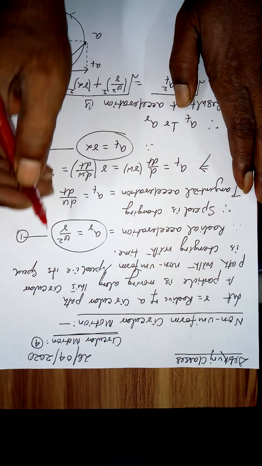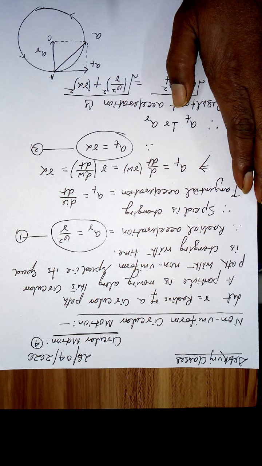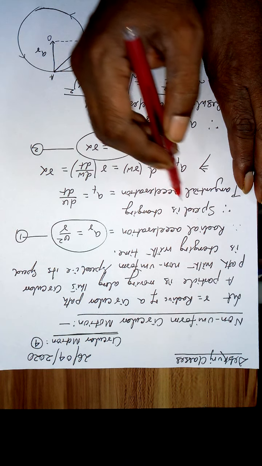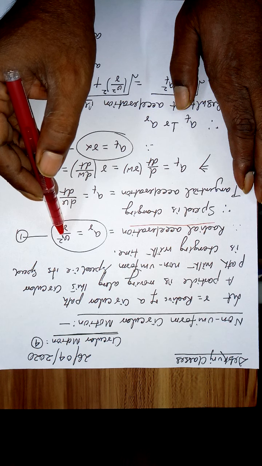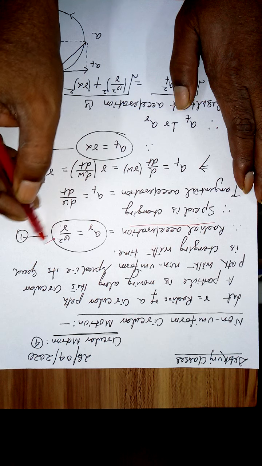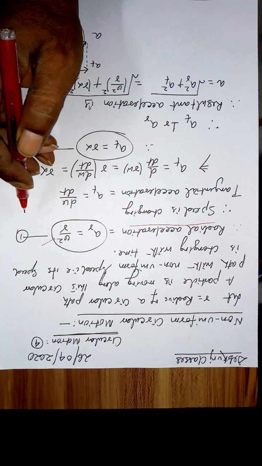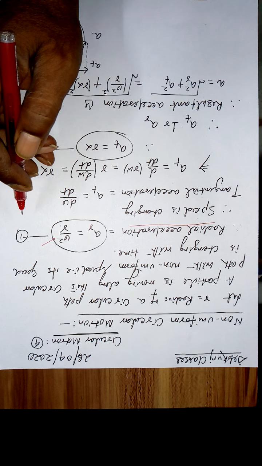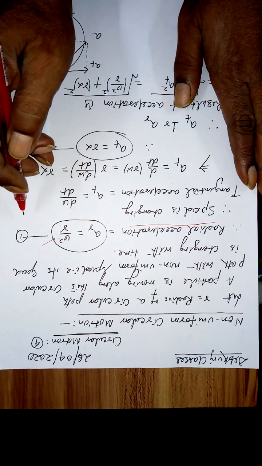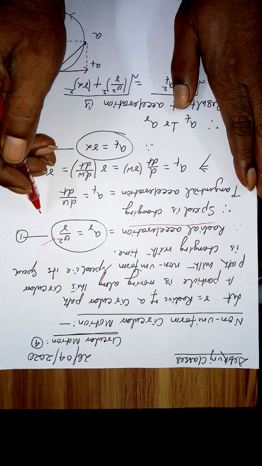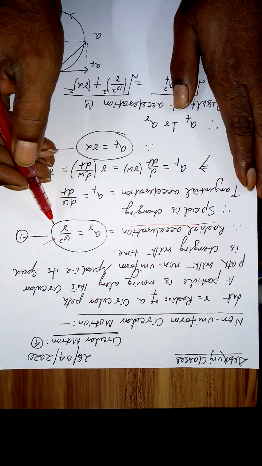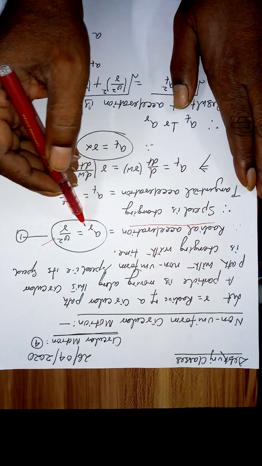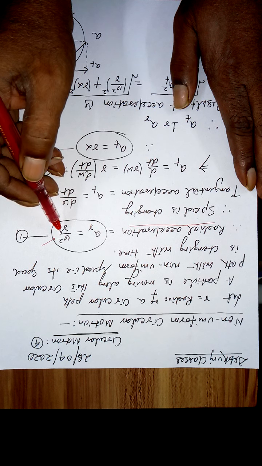Now, circular motion, lesson 4. In previous lessons, we learned about centripetal acceleration or radial acceleration. Radial acceleration, the expression was v square by r. It was arising due to the fact that the direction of the velocity was changing when the body was going in a circular path. Due to change of magnitude, there was tangential acceleration. Due to change of direction, there was radial acceleration or centripetal acceleration, which was v square by r.